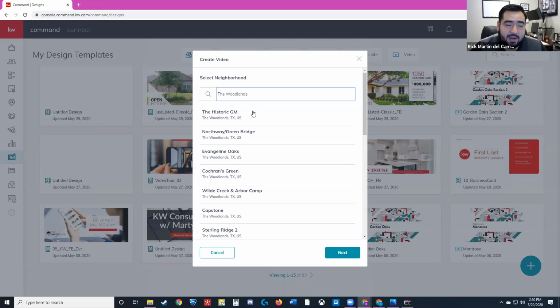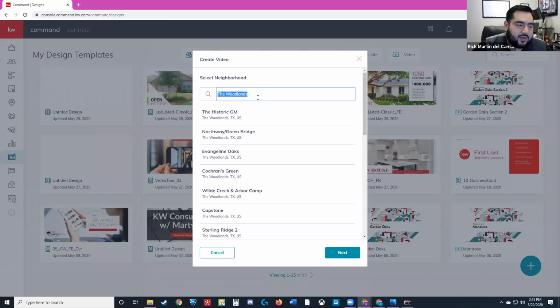I know for the videos they're working on updating a lot of those neighborhoods. So if you've ever come across that and wondered where they get the neighborhoods from, they pull them from the Nextdoor data. I just thought that was a cool fact. And that's why a lot of the neighborhoods don't show up here.